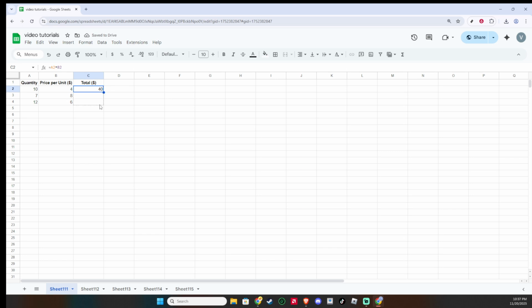Hover over the small square at the bottom right corner of the result cell until your cursor changes, then drag down a column or across a row. Google Sheets automatically adjusts the references for each new line, so each row uses its own matching cells without any extra work. If you make a mistake, don't worry, use Undo and adjust the selection in the formula bar, then